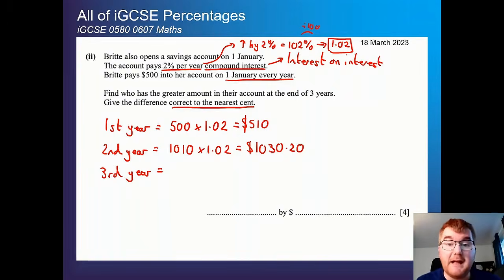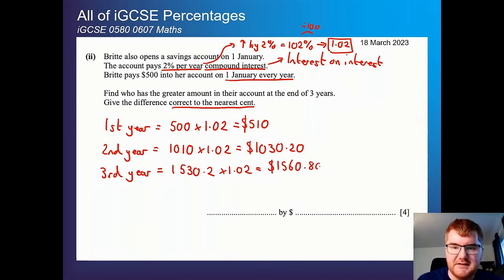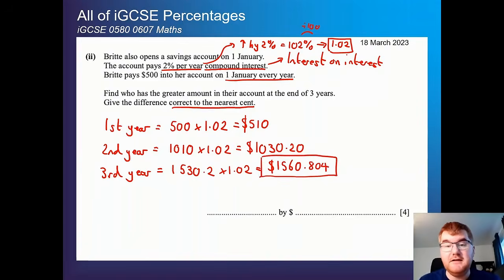Again, the 1st of January, that always is happening. So we get 1,530.2 times 1.02. Again, pop that into our calculator, and we will get 1,560.804. So that's our final amount after 3 years. Remember, Sachin, if we go back, he made $1,581. So for the difference, we're going to take away 1,581 from the answer we just got, and that gives us